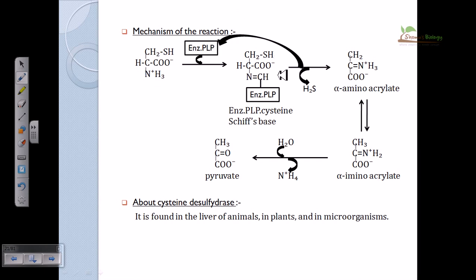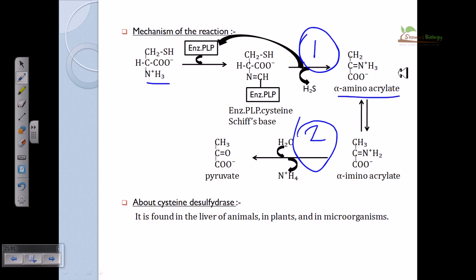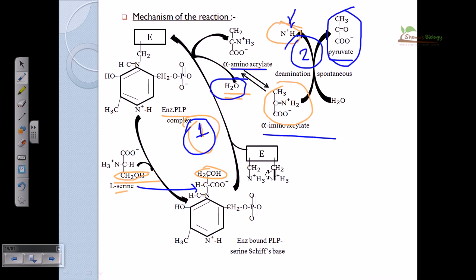The enzyme PLP complex is there, it will attach to this group, and the enzyme will be released, then H2S is removed. This is the first step of the reaction, this is the second step of the reaction again, and alpha aminoacrylate will be generated, and it will be converted, by a normal tautomerization, from alpha aminoacrylate to iminoacrylate, then iminoacrylate will be converted into pyruvate just after releasing the ammonium group by addition of water. Okay, so in the first step it will generate H2S, in the second step it will produce this acid, but in the second step it needs the help of water.